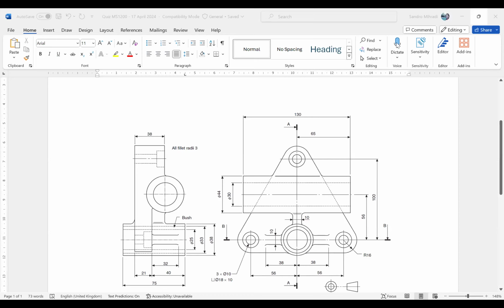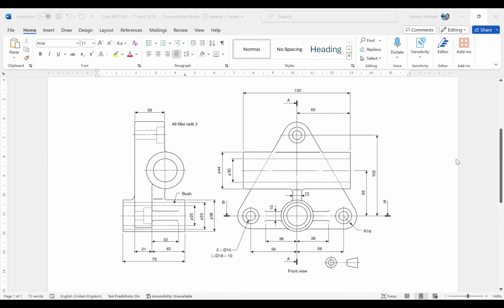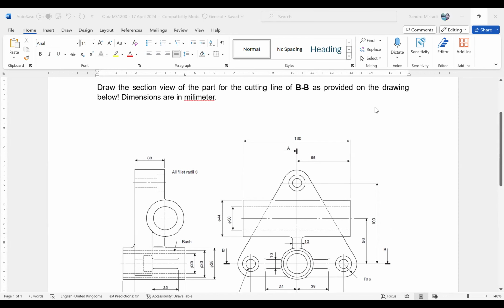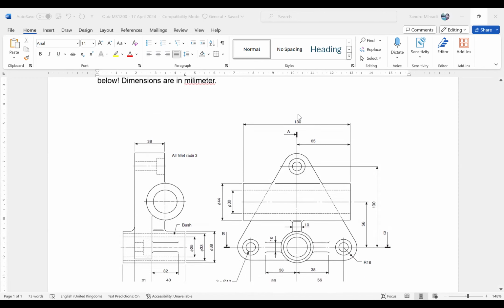Apakah sudah terlihat ya? Pak, ini yang digambar hanya section view-nya saja? Section view-nya saja yang BB. Jadi part seluruhnya ini nggak usah digambar. Nggak usah. Makanya saya bilang 15 menit bisa selesai.